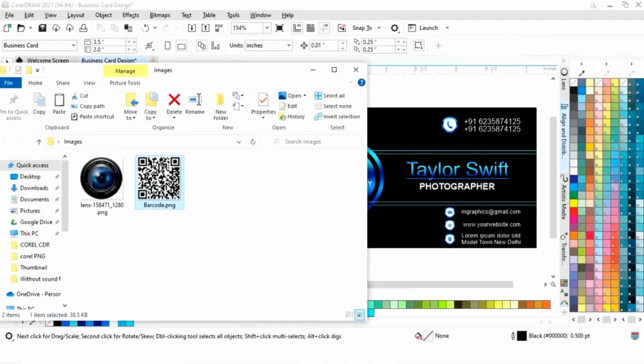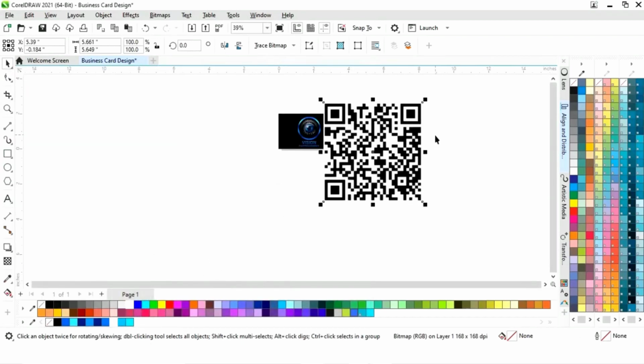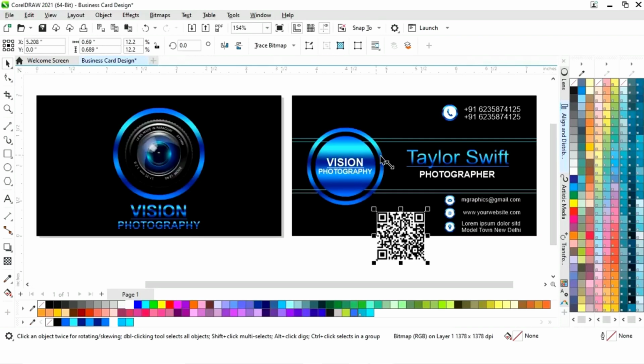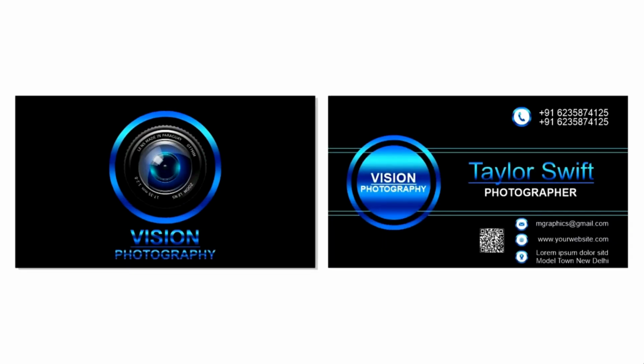Now we will place this barcode. So guys, our business card design for photographer is ready.